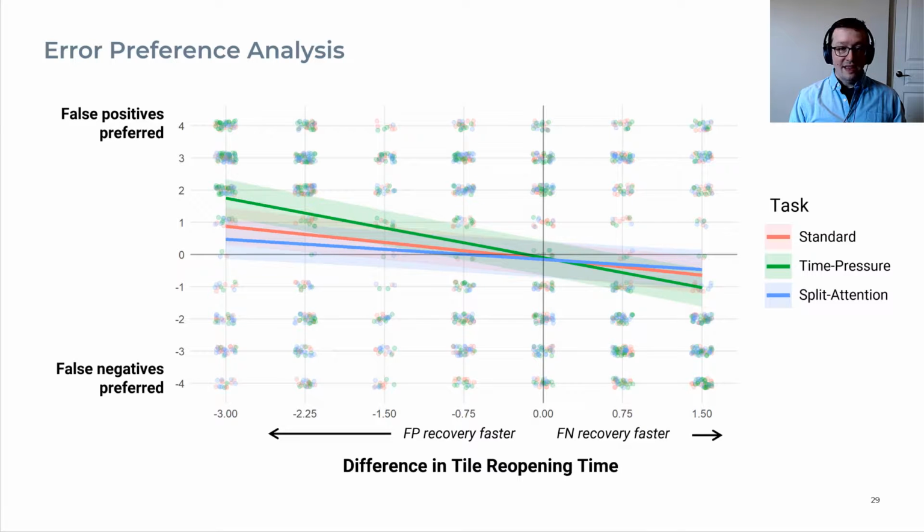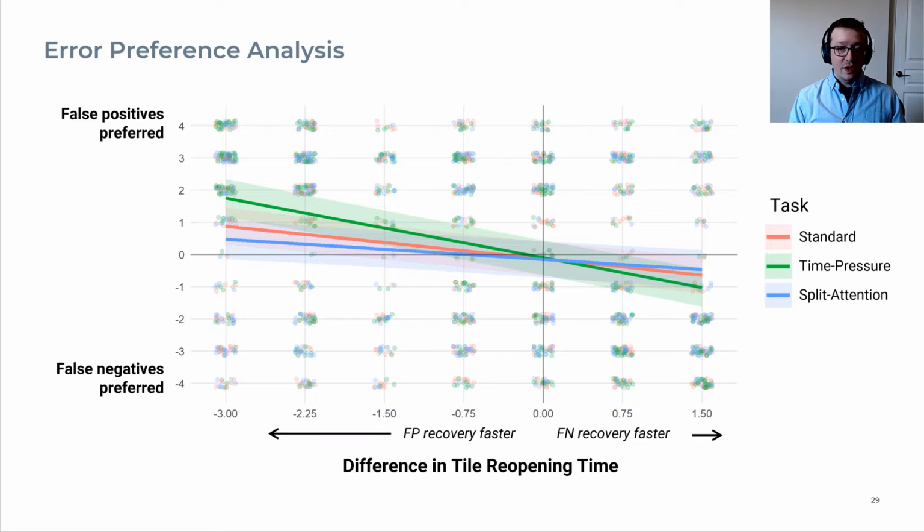Well, the standard task, the red line that you see here, was about the same as in study 1. Again, we see a bias against false positive errors, though it's a bit smaller in this case, around the order of about half a second here. The time pressure variant, the green line, is not significantly different in terms of bias against false positives, but the slope is steeper, suggesting a greater sensitivity to the time cost of recovery. And that makes sense given that it was like a game, you're trying to beat the clock. And for the split attention variant, we see a flat response.